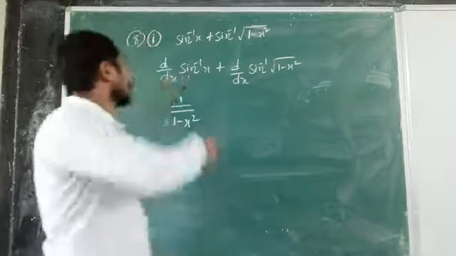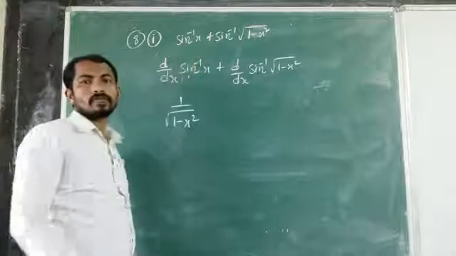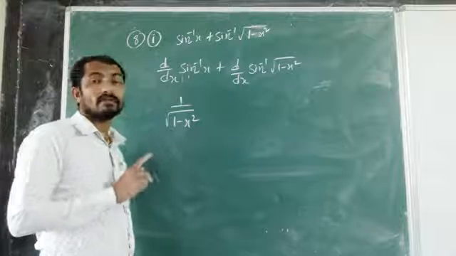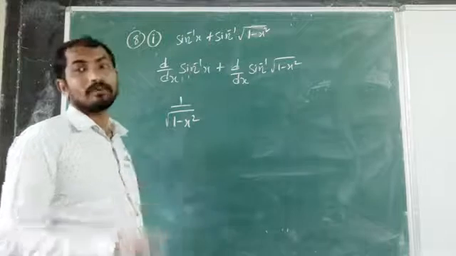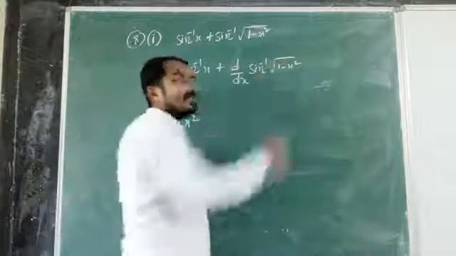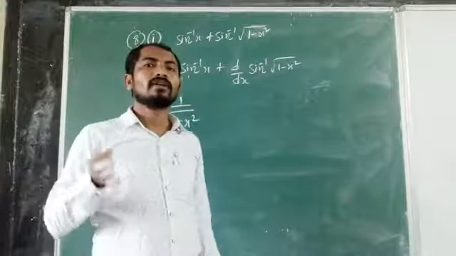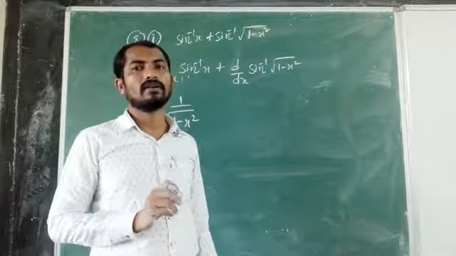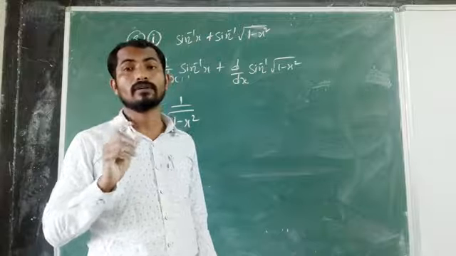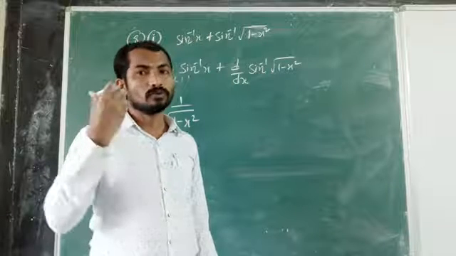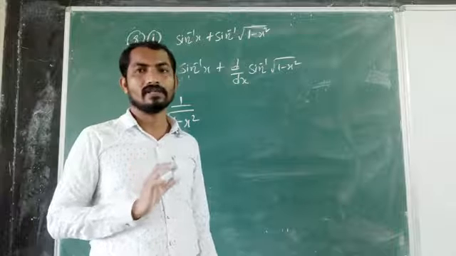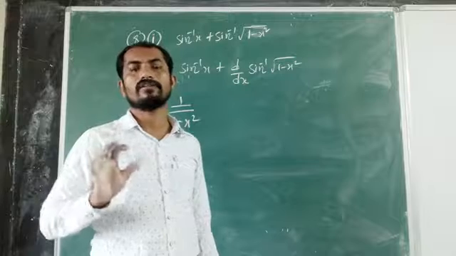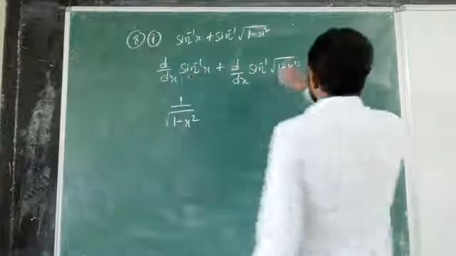So in this question, there are two terms: derivative of sine inverse x, that is the direct formula, and the second part, d by dx of sine inverse of root 1 minus x square. It is not x. Since it is not x, you can assume that value as x and then go for the derivative. Otherwise, by substituting. Okay, you are able to do it through substituting value. That is very easy. There you don't get much calculation. We can simplify easily by substituting value for this.